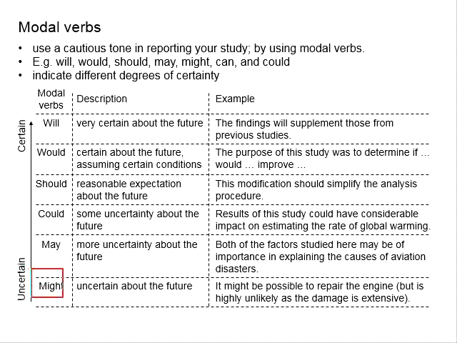When you use might, you know that it is uncertain about the future. When you use the term may, it indicates you have more certainty about the future. And if you use the term could, it indicates some uncertainty about the future. And if you use should, that means there is a reasonable expectation about the future. If you use would,